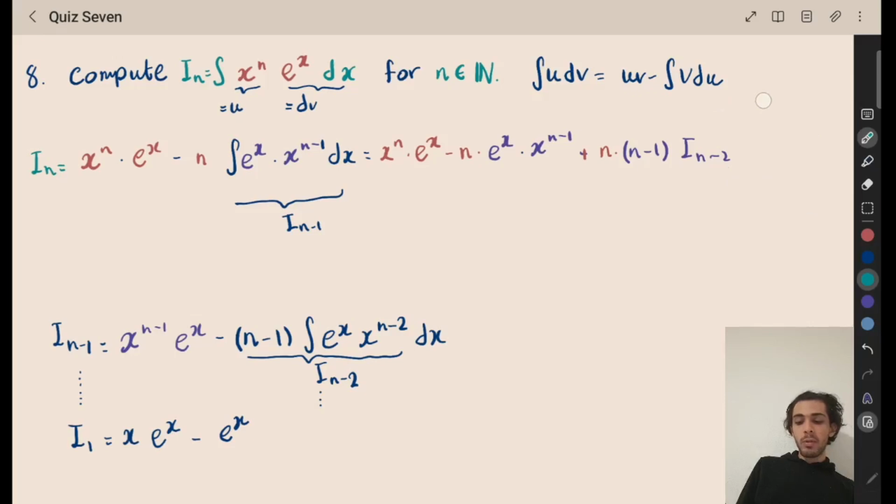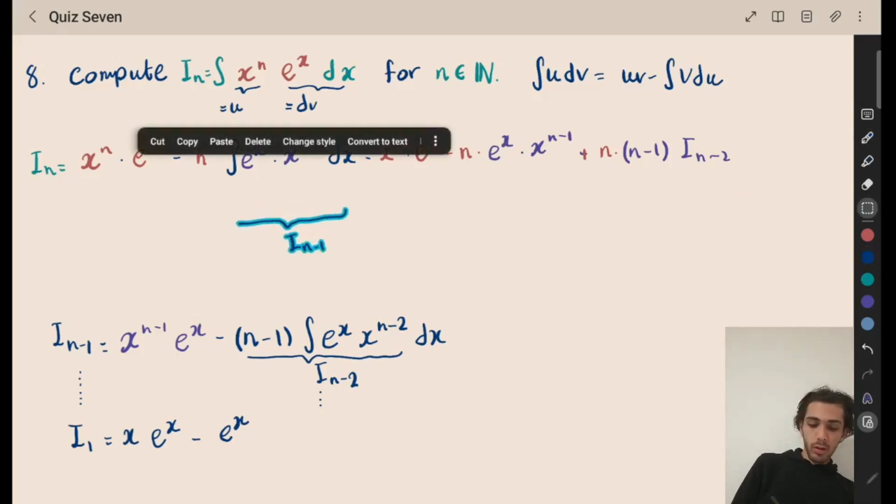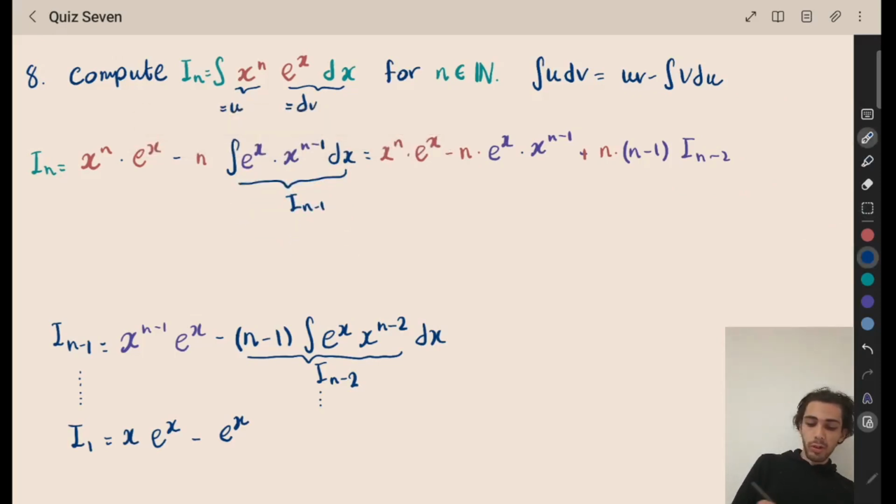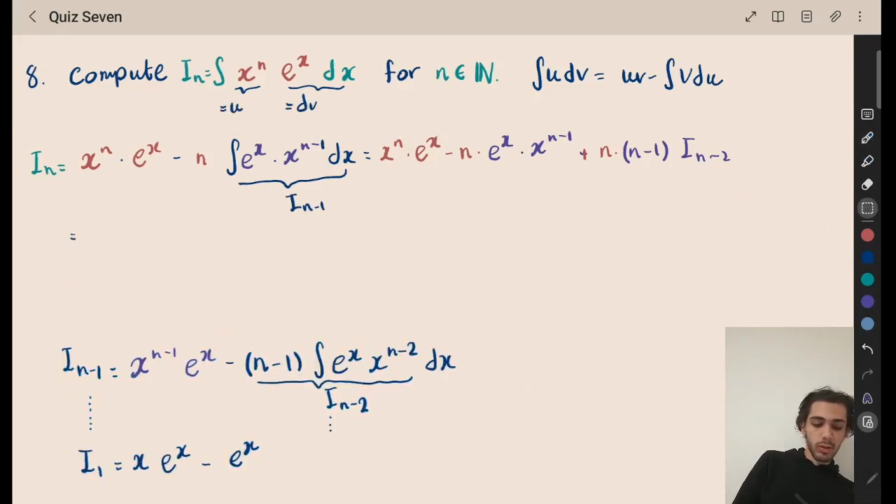So that is a common theme. And if we keep doing this, we keep substituting values on and on and on, and then what do we get? Let's see. Let's do one more. So if I do one more of this,